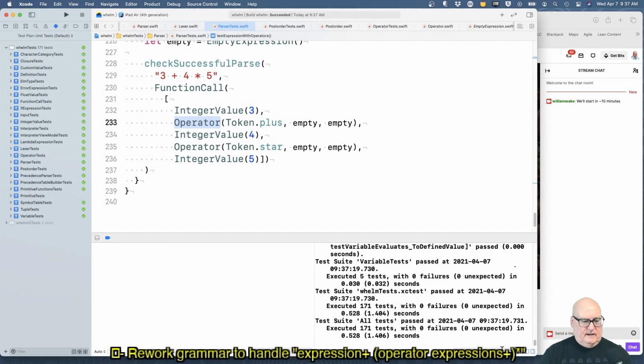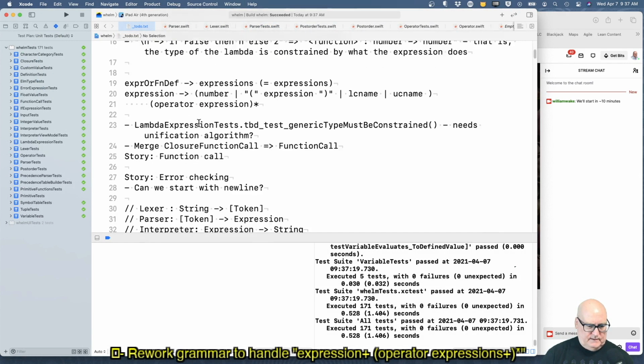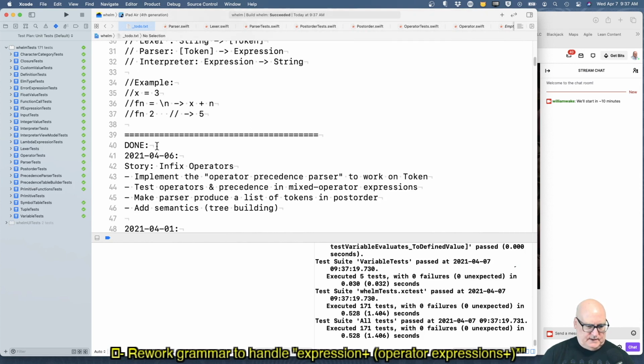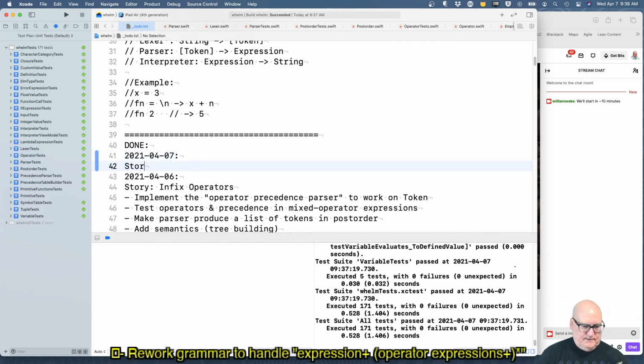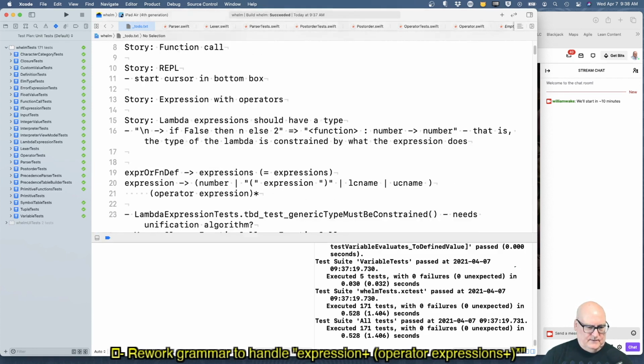Okay. So I think the next step, well, let's get our to-do. This is the 7th April, and I still can't type the date. All right, infix operators.